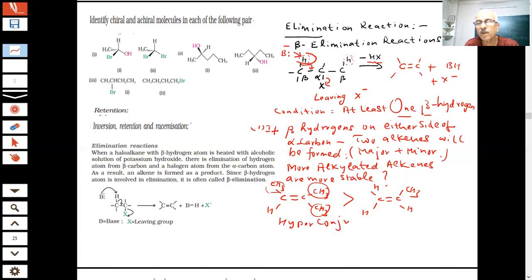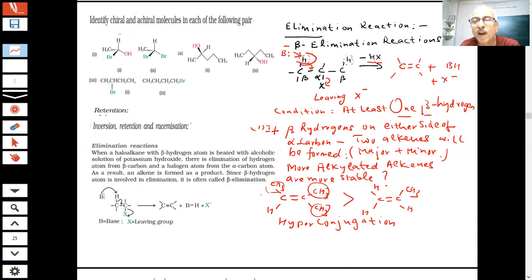Did we teach you hyperconjugation? Now we are using that. So if more alkenes are formed, the one which will have larger alkyl groups will be more stable. The reason is that there is hyperconjugation between these. Here there are three hydrogens which can go with hyperconjugation with this double bond. Here there are three, total 9 possible hyperconjugated structures. Here there are only three hyperconjugated structures. So the more possible hyperconjugated structures, the more stable is the alkene, students.